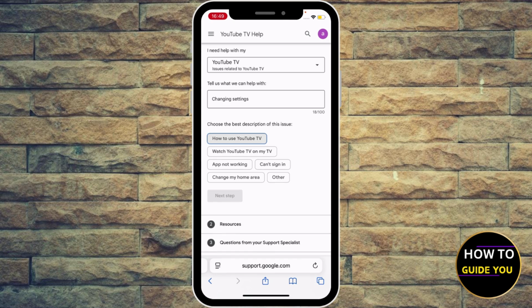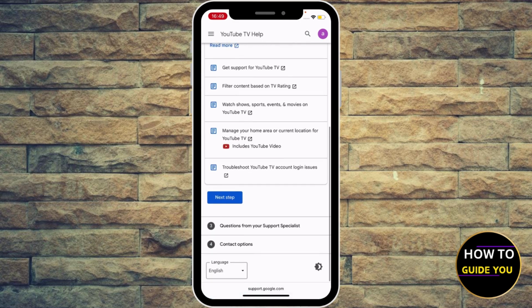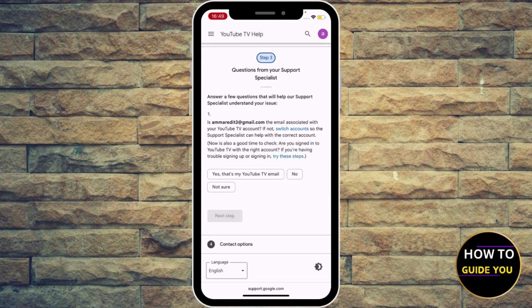Choose the best description of this issue. How to use YouTube TV, watch YouTube TV on my TV, whatever, right? And then hit next step, right? And you're gonna see helpful articles explaining how to fix that problem. If you went through every article and find that none of these help you, go ahead and hit the next step, right? And now they're gonna go through the questions from your support specialist, and you're gonna confirm that this